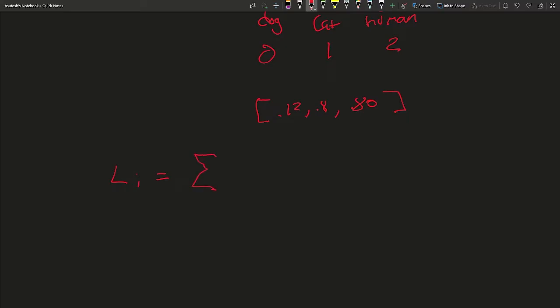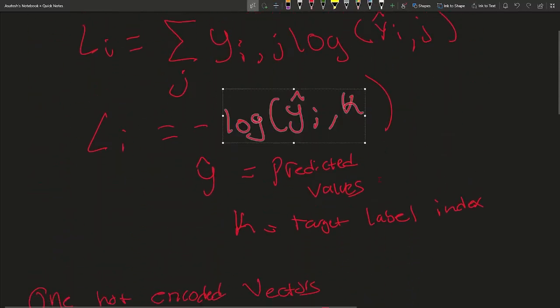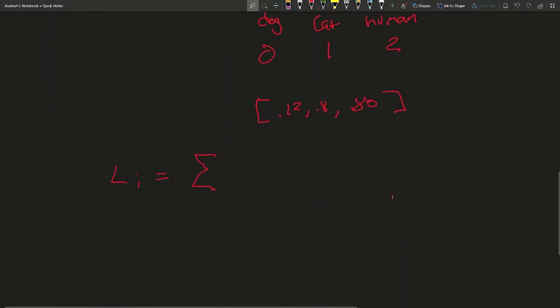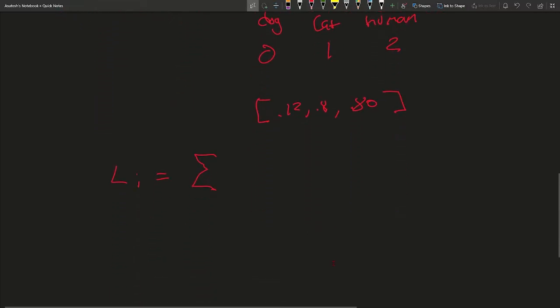It's always a sum, but I'll show you why it simplifies down in a second. For now, let's stick to the sum. So it's going to be the first index of the one hot encoded vector, which is a 0. That 0 is going to be multiplied by 0.12. So it's the sum of the negative log of 0 times 0.12